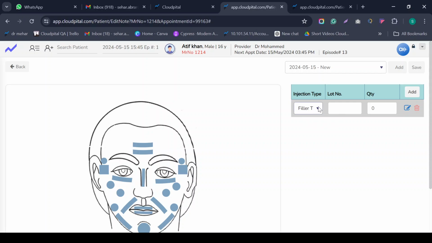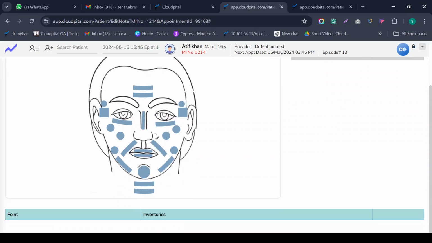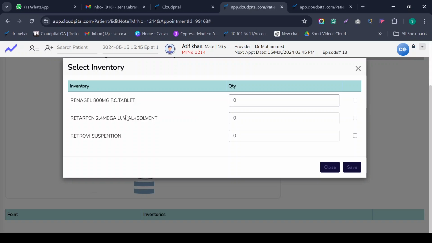This is the different injection types which we are using in our system, and we can add multiple injection types according to our drop down category. Currently I am just adding two fillers, so that's why it shows only two. If I add multiple drop down values, then all of them will also be shown in this drop down list. For example, if I am clicking the filler T and selecting where the patient wants to fill in the specific cheeks part, this is all of the inventory, like all of the injection values which they are using in our system.